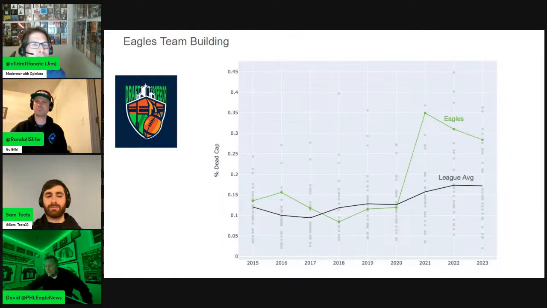Yeah, so David, do you want to explain the percentage of dead cap and how you think this is an advantage for the Eagles? Yeah. As you can see, in 2020 was when they went crazy. In 2021, pre-COVID, the league averaged around 12% of their cap in dead money. Since 2021, the league average has been about 30%, I think. This does not include this year because I haven't done those numbers yet, but the Eagles do not see dead cap space as a failure. They see it as a feature. And that sounds crazy to some people, but it is how they look at it.